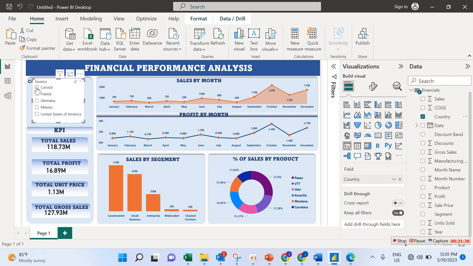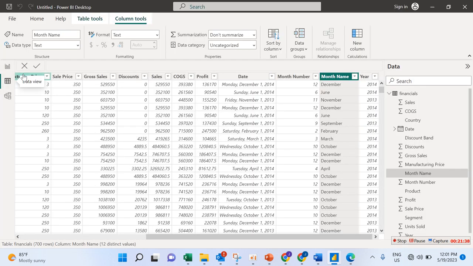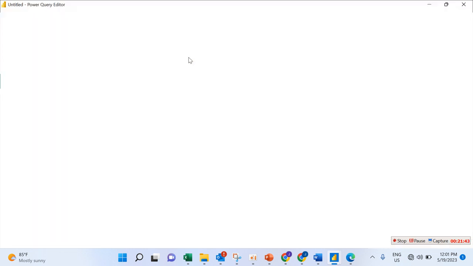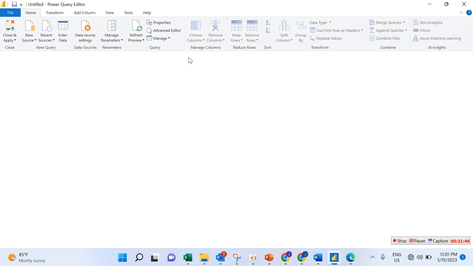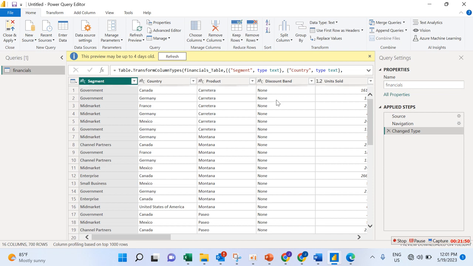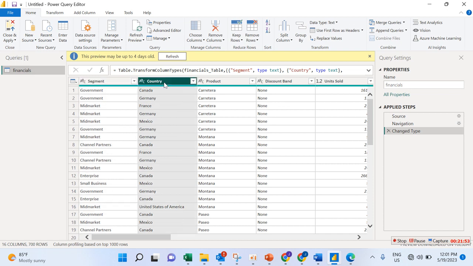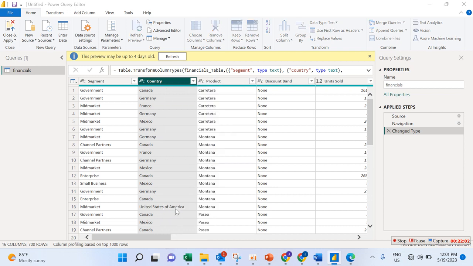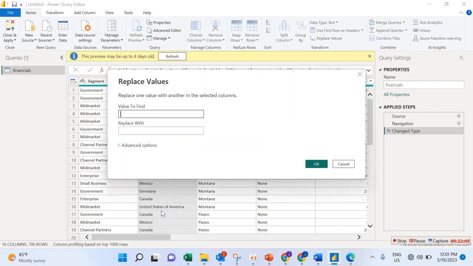What I need to do is go back to my data view, then click on home, transform data. I want to transform my data. Once you've done that, just come here, right click on it, then you can say replace value. Make sure that you know what you want to replace. I want to change United States of America. Make sure that you are writing the same thing,